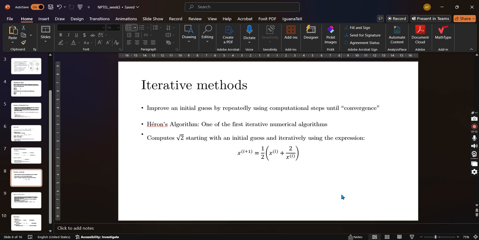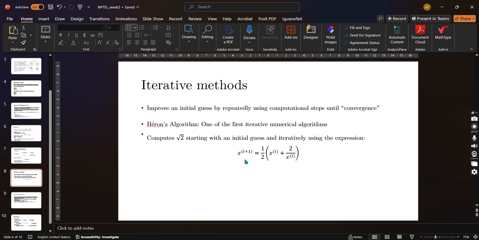We just put in values and got a value. Our variables that we could change were the step sizes, or the h values, or the a values. But in the iterative methods, we have an initial guess, and then we have